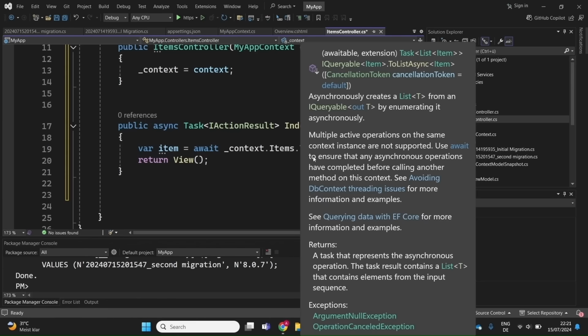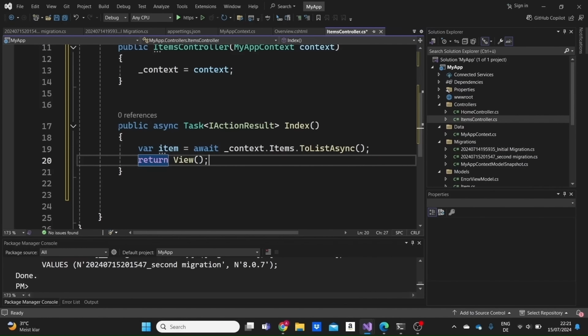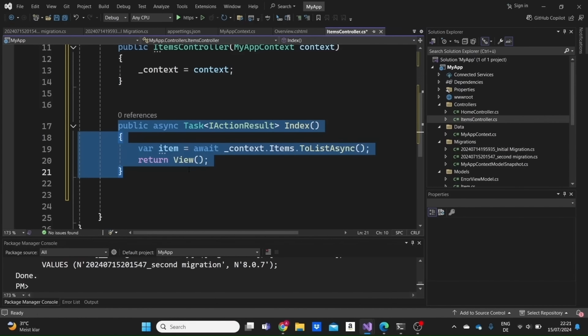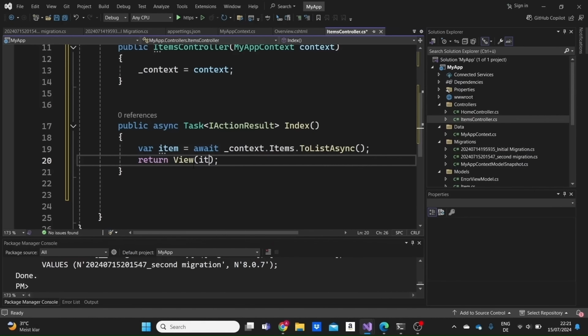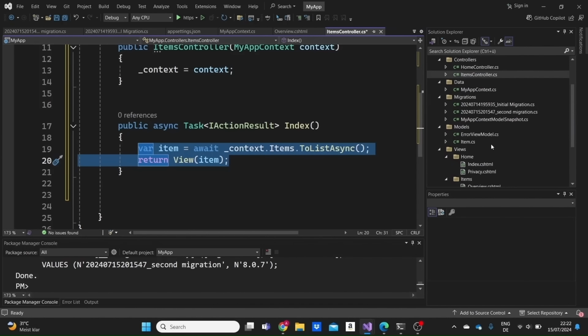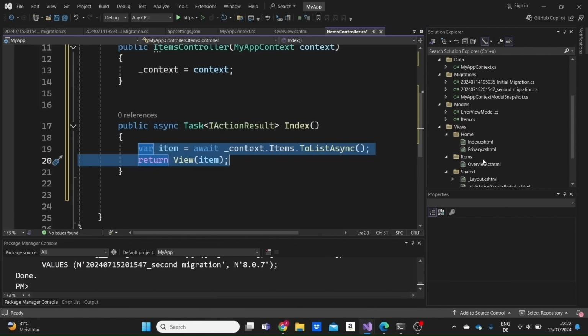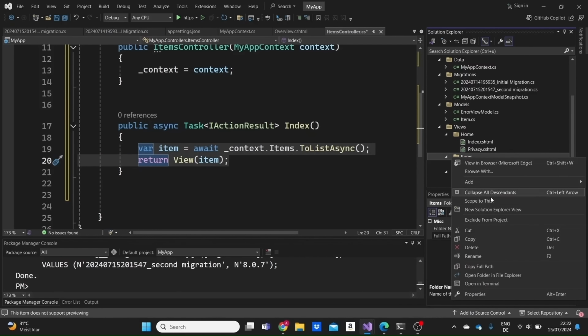Now we do not get an error here, so basically what we did here, our asynchronous action method allows us to wait until this task is fully performed, and then it continues to return the view, and the view should contain all of the data that we take here from the database. Now, after writing the index action method, we need to create the view page. To create a view page, let's just go to the items folder, which is the name of the controller. And here I'm going to create a new view page